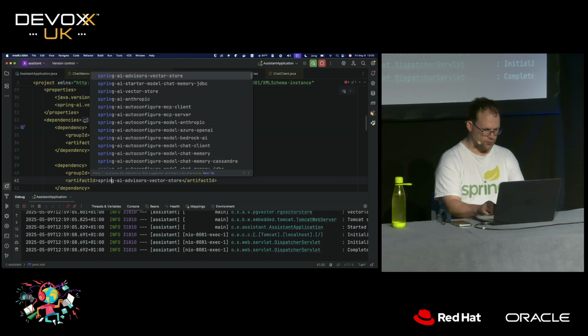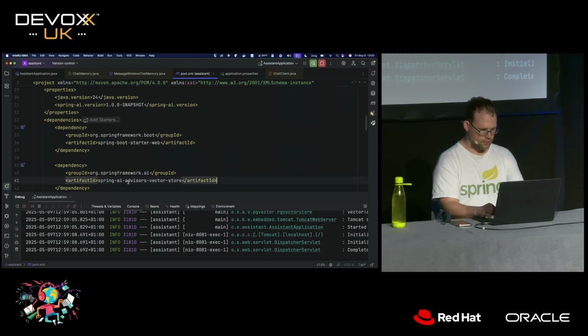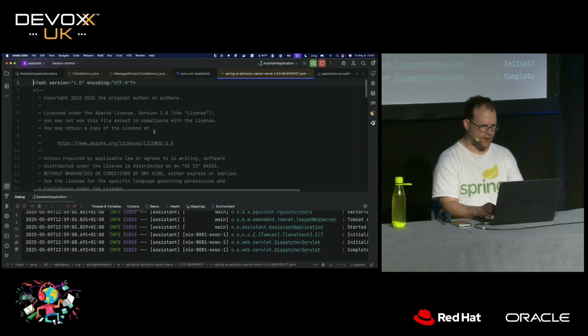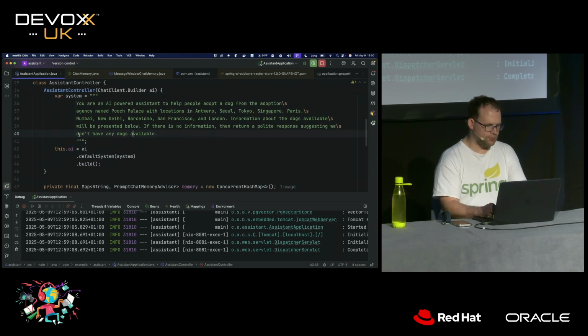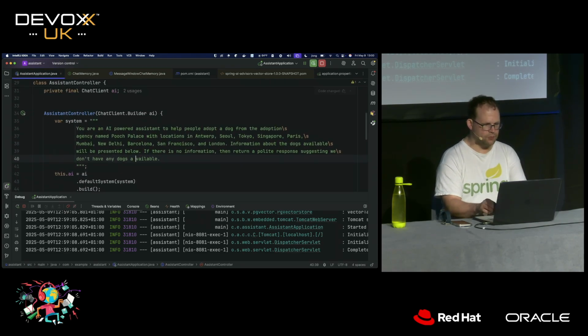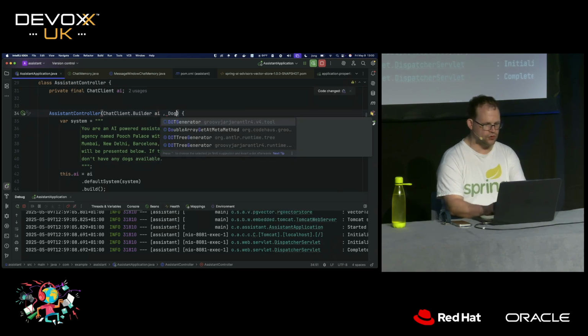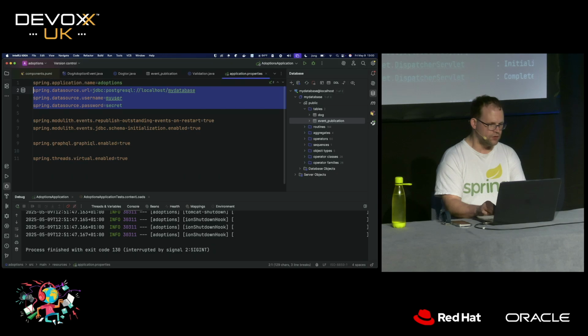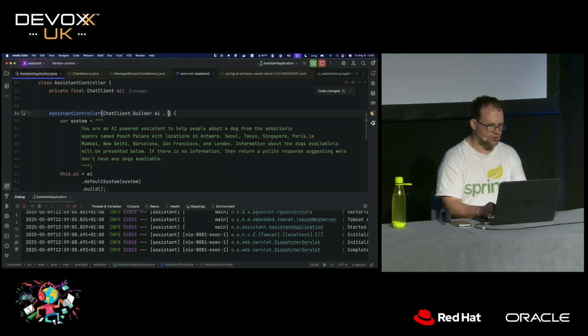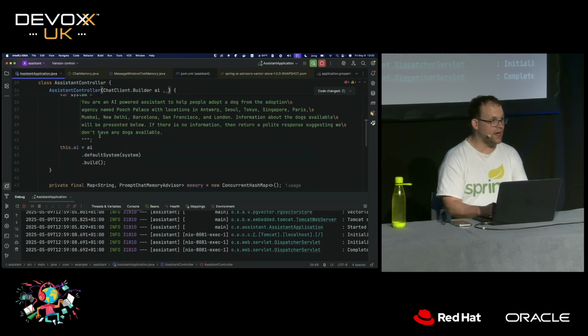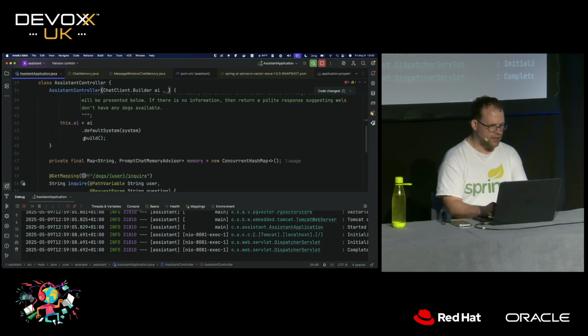Spring. That's the issue. Surely. There it is. Okay, so we've got the actual dependency. And that's going to allow me, within an interceptor, to give it access to the data in our database. But I don't want to give it access to all the data, just the data that might be germane to the topic at hand, which is our dogs. So let's copy the repository, the infrastructure from the existing code, to read the data from the SQL database. But we don't want to give it all the data, right?